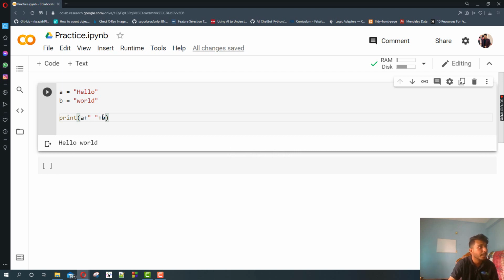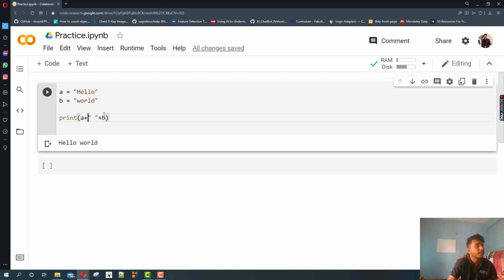Understood? You have to understand carefully whenever you are concatenating three or more strings, that after the first variable you always have to give this operator, which is plus. Then you write what you are adding.